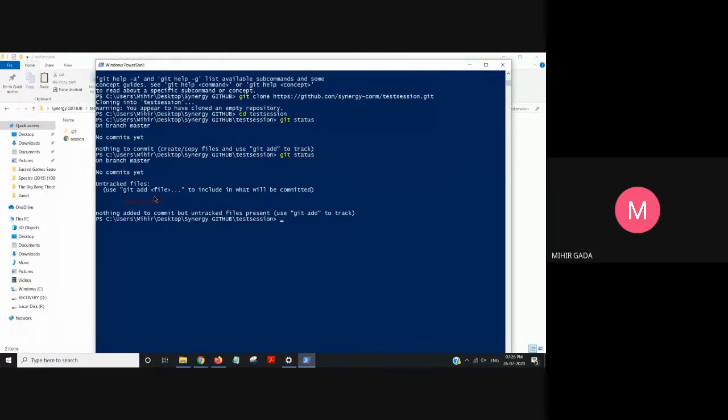After this, I will use the command git add dot. Git add dot means I want to add this folder into my GitHub. We have added these files and folders here right now, but these are just temporary. We have not added them into our GitHub account. Dot means I want to add all my folders, adding everything. So I will type git add dot.